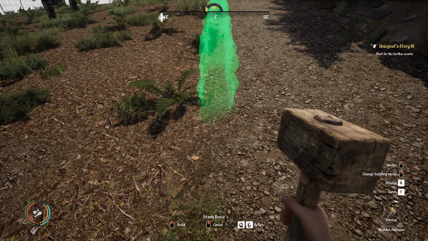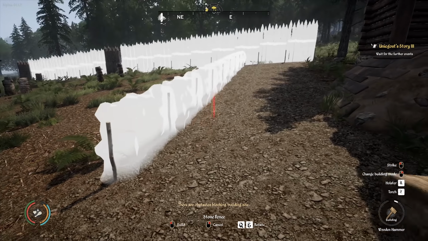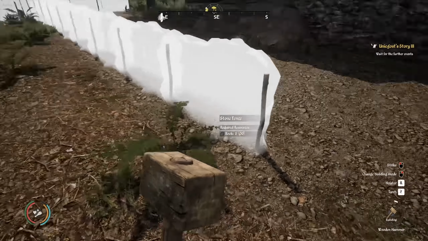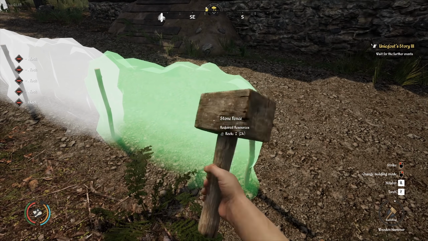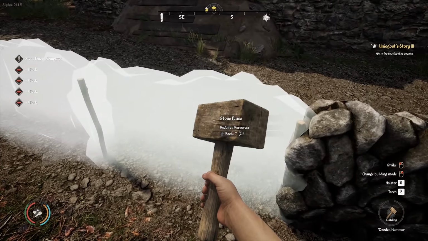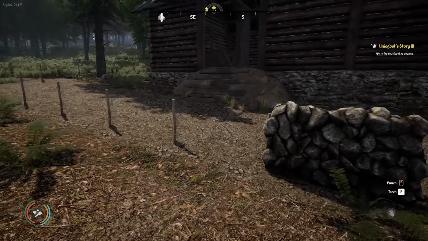There we go. Bam. Excellent. Oh, that looks lovely. And all it takes is rocks, and we have tons and tons of rocks. We have like nearly 1,000 rocks. It actually has taken up a lot of our room. So we finish this, and